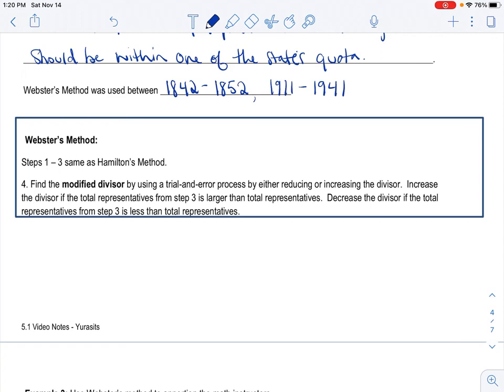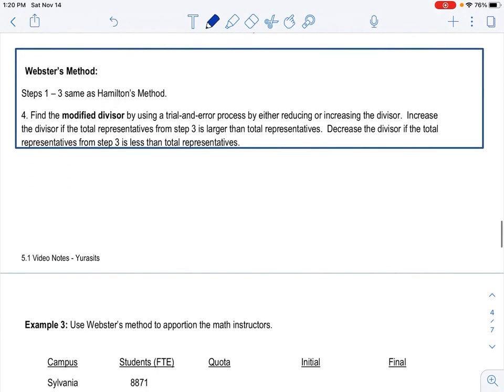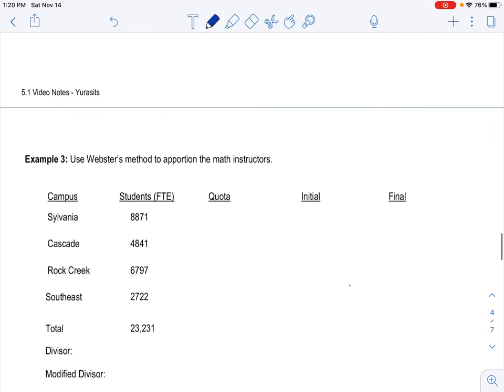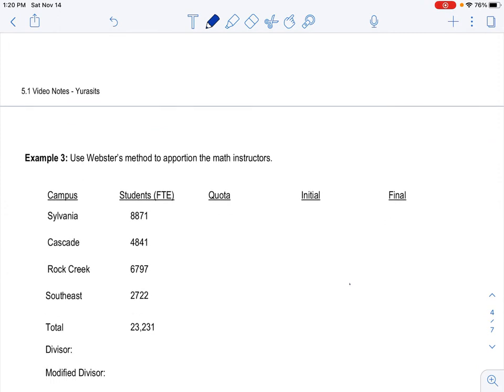Total population, find the divisor, and find your quota. So let's do that, which we don't have to do because we've already done it twice now. So I'm just going to rewrite all of our information. Our divisor was originally 516.24 repeating. Our quota is going to be Sylvania divided by our divisor, so we end up getting 17.18